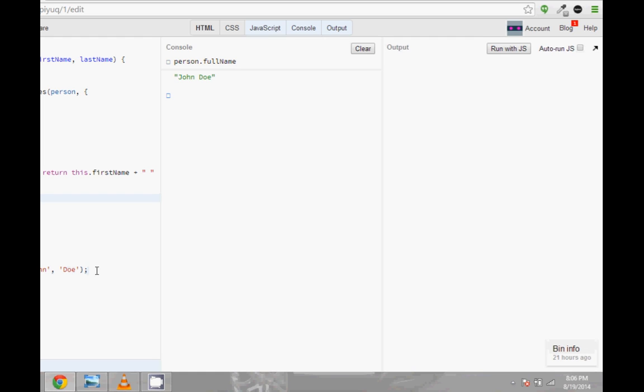So now if we're gonna redefine a property by saying Object.defineProperty, person, fullName,